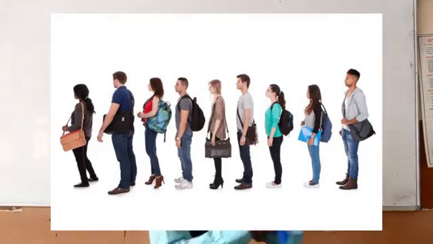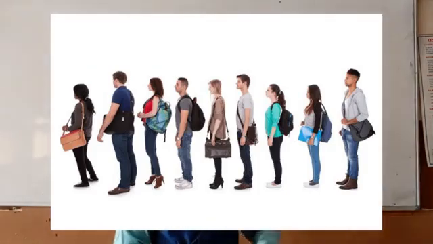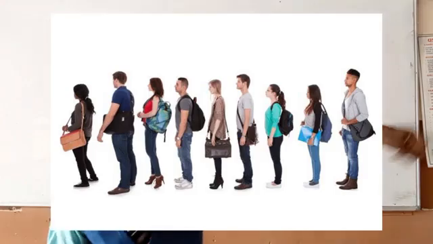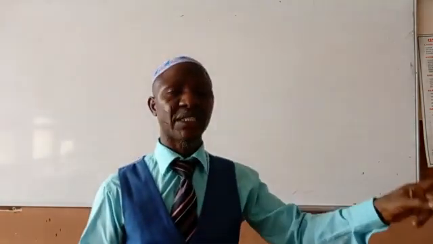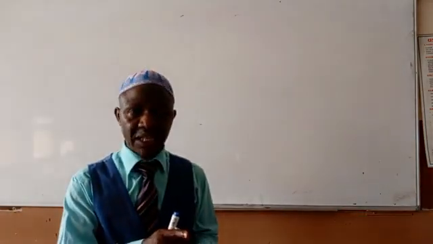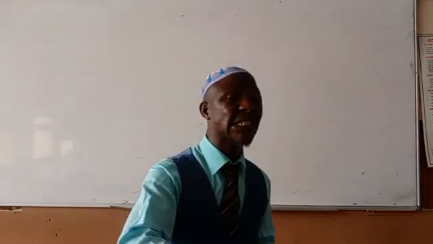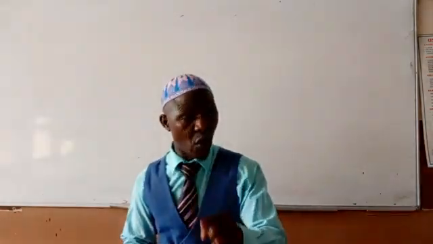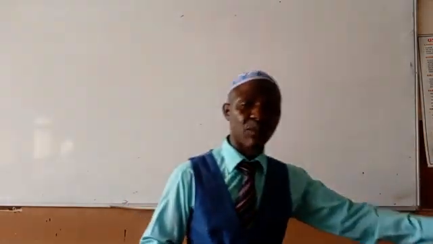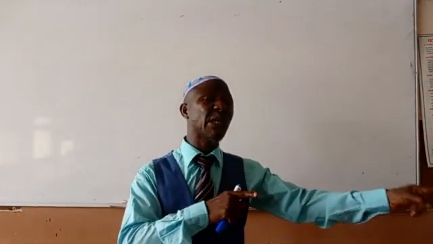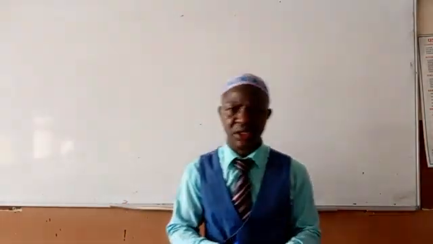So take for instance, if you have a number of students queuing, allow the students to line up, then let them move with the same speed. Looking at them like this, you'll be looking at the first person, and it will look as if it is only that first person. But by the time they are moving with different speeds, that's when I discover that, oh, this is the first person, look at another person there, look at another person, because they are moving with different speeds.